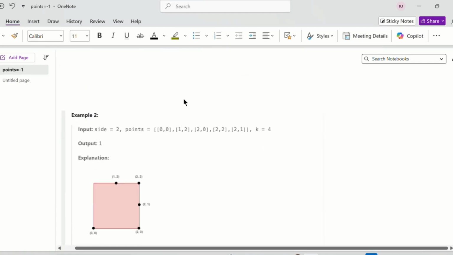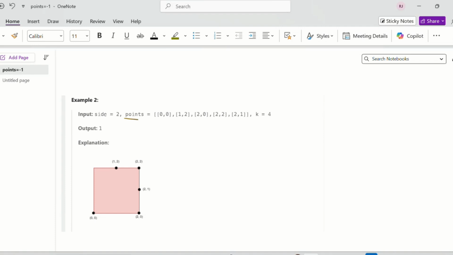But in the second example, we have these 5 points given in the points array, a 2D array, and we need to select any 4 points and maximize the minimum distance. Suppose these are the 4 points. In any case, if we select 1, 2, 3, 4, the minimum distance is 1.